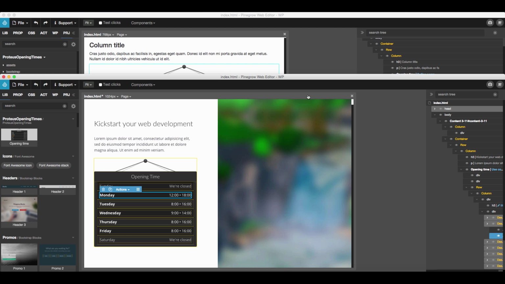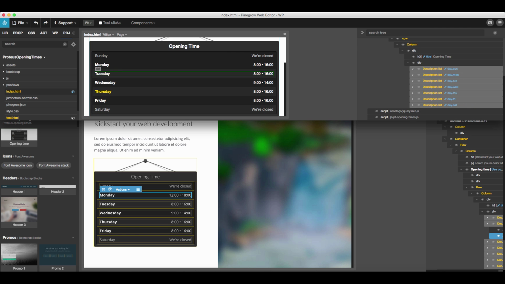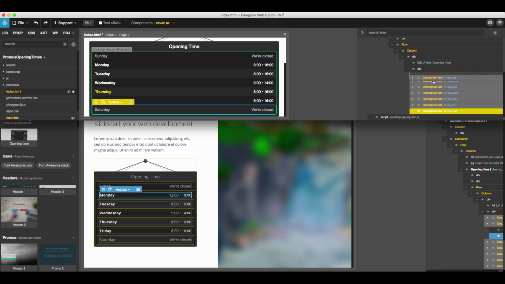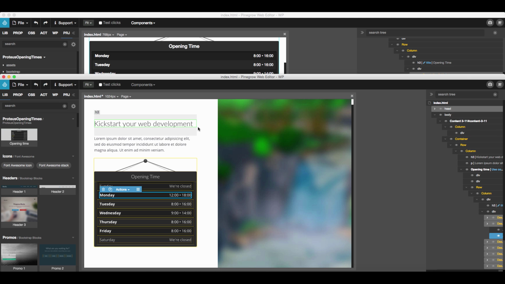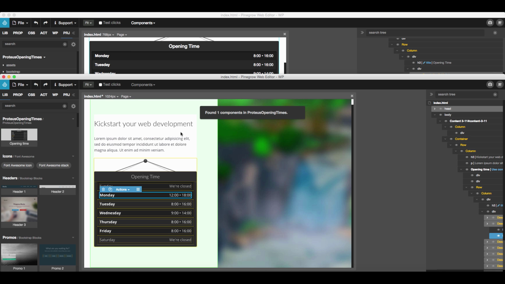So now let's see what happens if we go back to the definition and we change it. Again, let's switch from US calendar to European one and move Sunday to the end of the week. Then we update the component and save the files. And if we go back to this project and do update here, nothing happens. The reason for that is that the opening times widget is loaded as an external library. And we have to first say components, refresh loaded libraries. So now Pinegrow got the most recent definition of the component, and now if we say update,